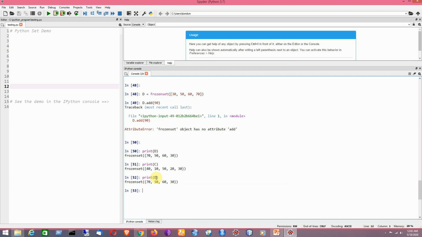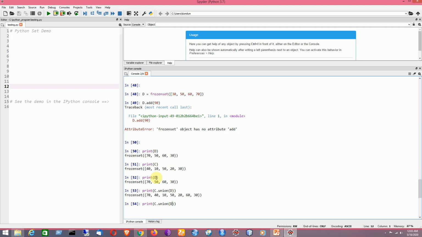So now I will be performing union, intersection, say here I will be writing D and here I will be writing C. So, C union D. In that way we can apply it.